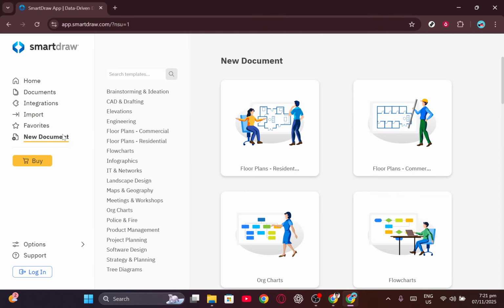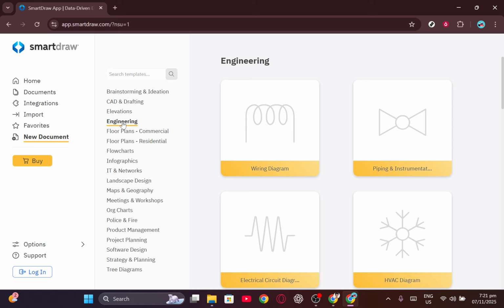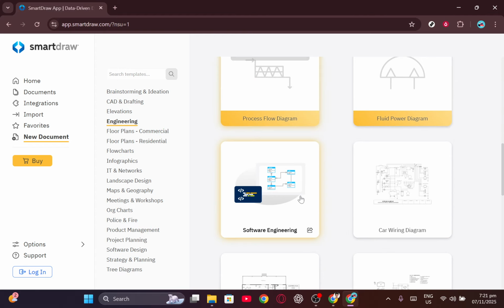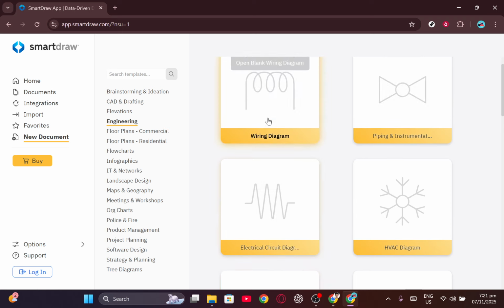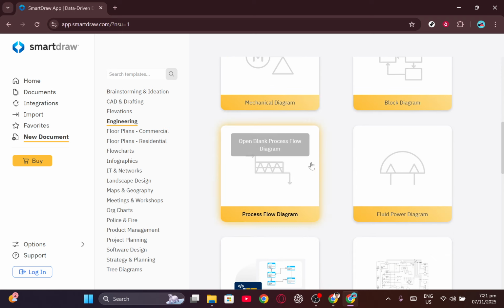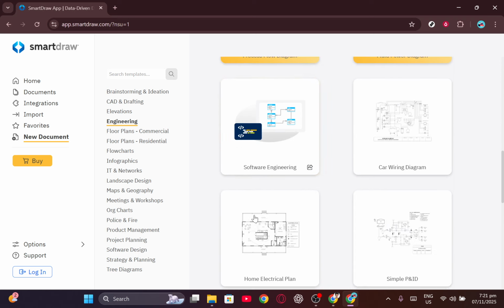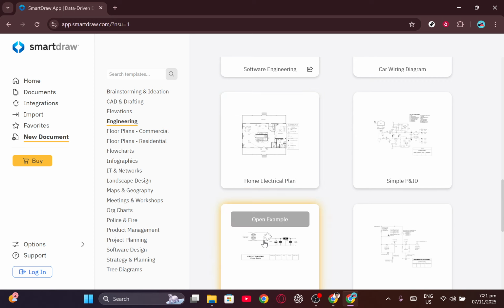After you click on New Document, move on to the Engineering section. This is where SmartDraw consolidates all its resources and tools specifically catered towards engineering projects, including circuit and electrical diagrams. SmartDraw really makes it easy by providing you with a wide array of templates to choose from. Select the one that best fits your current project needs. Whether you're working on a simple layout or something more complex, there's likely a template that will suit your objectives